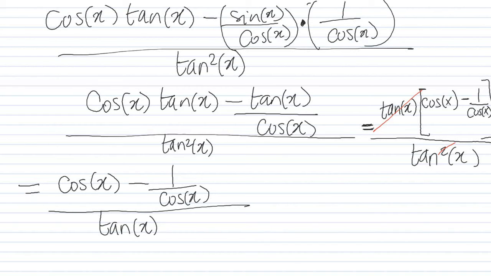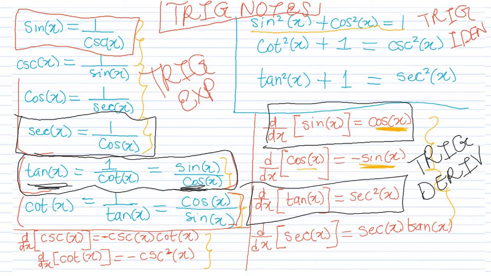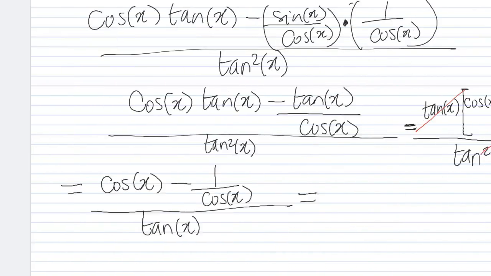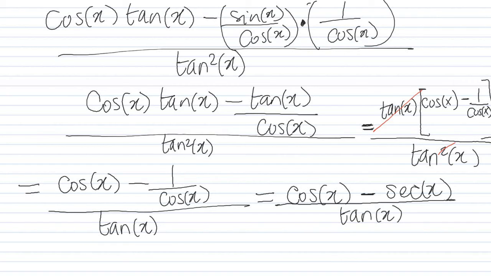But guess what? We're not done. So remember 1 over cosine. What does 1 over cosine represent when we look at the trig notes? Oh yeah, 1 over cosine represents secant x, which is what we just have here. When you look at the trig expression part of the notes, we have that to be cosine x minus secant x, right? Because 1 over cosine equals secant, divided by tan x. And yeah, that is basically the answer so far. But again, we can still break it down since we're dealing with trig. So